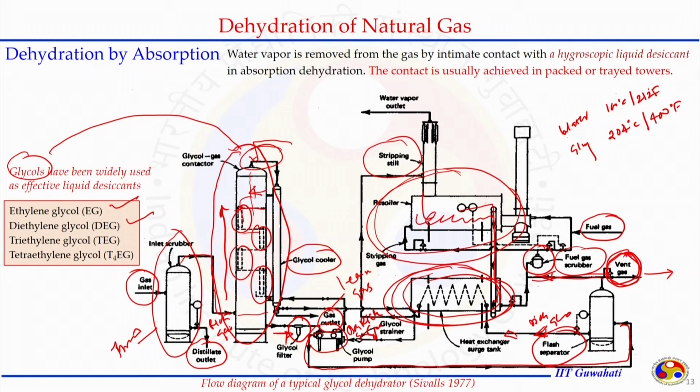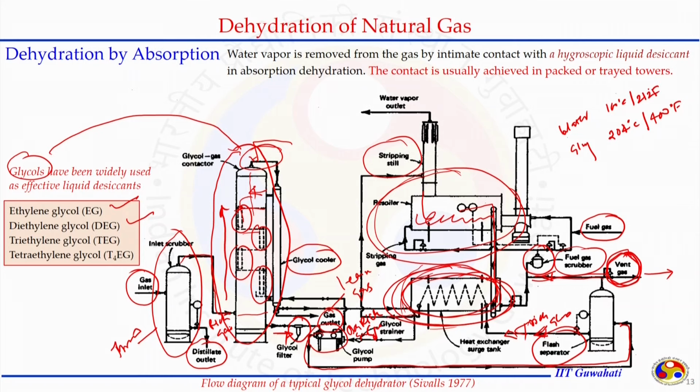So, one is flowing in the shell, another is in the tube, and the arrangement can be done based on the heat transfer calculation, which one should go to the shell side and which one to the tube side. We are not discussing the heat exchanger in detail, but the arrangement is done in such a manner. So, the glycol that is here reduces its temperature a little bit by transferring the heat to this rich glycol that is going through this flash separator.